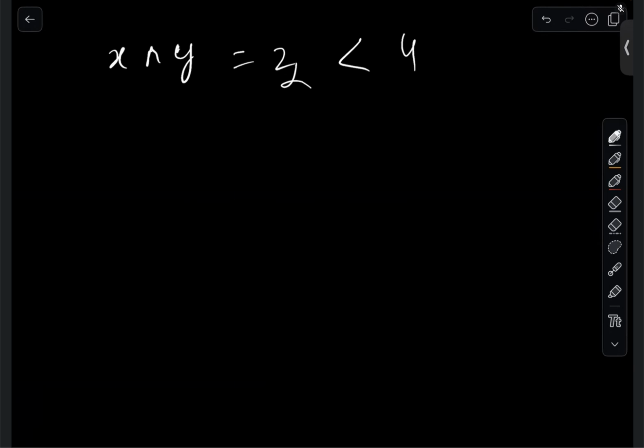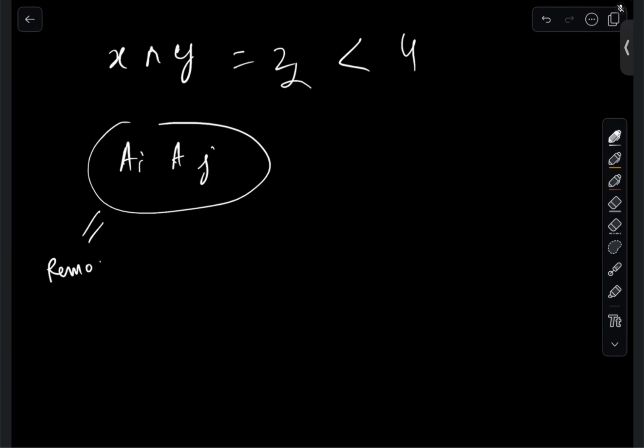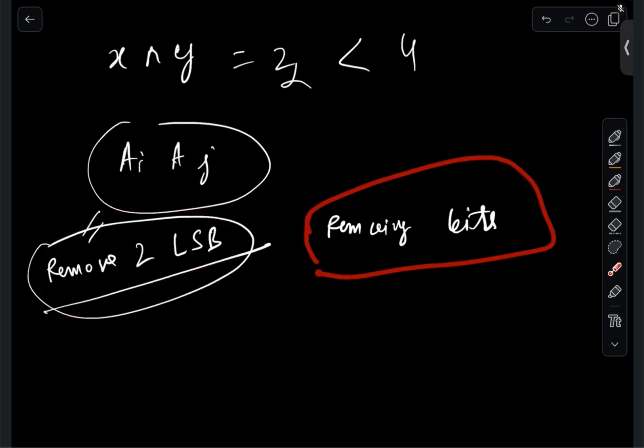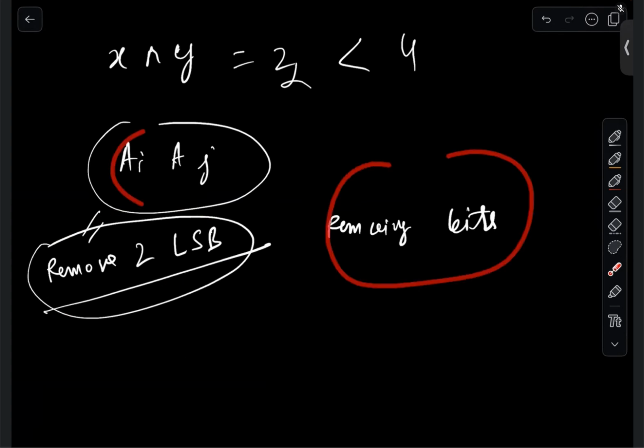So now we have to know which numbers we can swap. For any numbers ai and aj, if we remove the two least significant bits, then whatever part is remaining, the remaining 30 bits, if that part is the same, then we can just set those two bits to 0 or anything. So the main idea is this: if after removing two least significant bits, the remaining bits are the same, which means the remaining numbers are the same, then we can swap them, because only